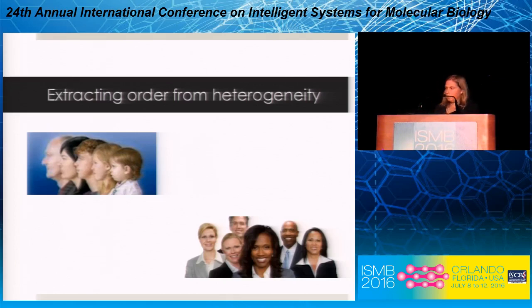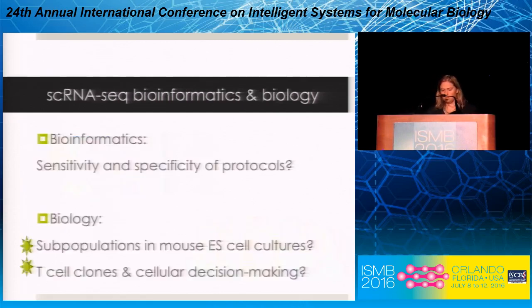You could think about clustering the people, so Americans of European origin, Americans of African origin, and so on, and you get some average picture of the features of those people. And so what we've had lots of fun with is grappling with these computational problems over the last few years, and I'll talk a little bit about that as we go through the talk, about the different methods that we used. And I'll introduce an assessment of the sensitivity and specificity of different single-cell RNA-seq protocols,